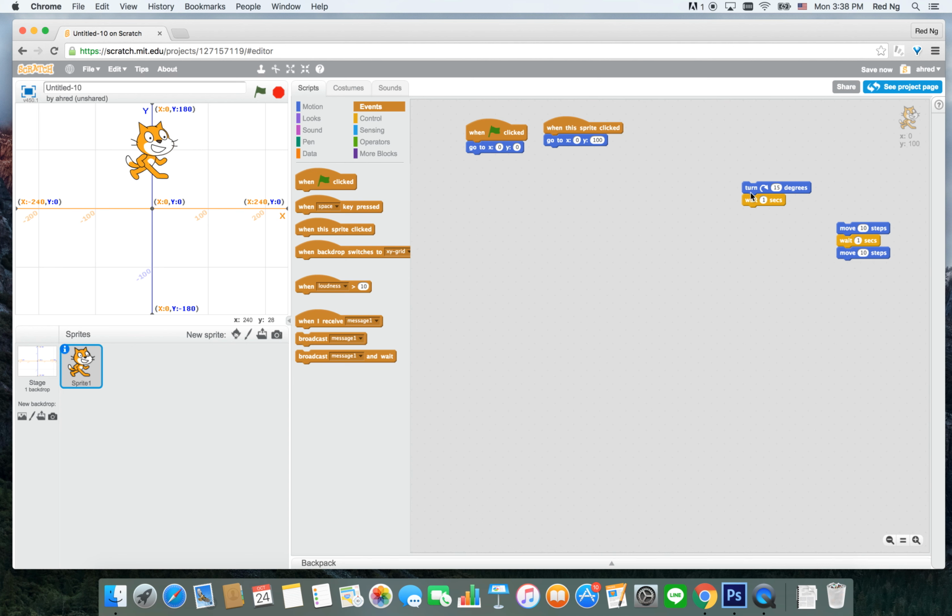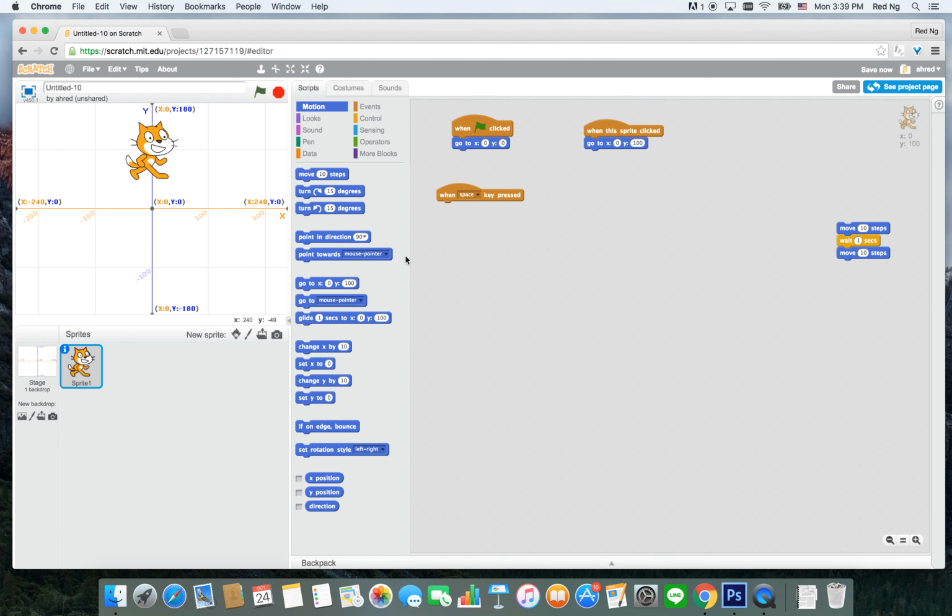But usually, if I finish designing, or if I know that I'm not using it anymore, I just drag it to the middle, drop it, and it will be removed. So right now I have two events, okay? The third event I can say is, when the space key is being pressed, I can have it glide to